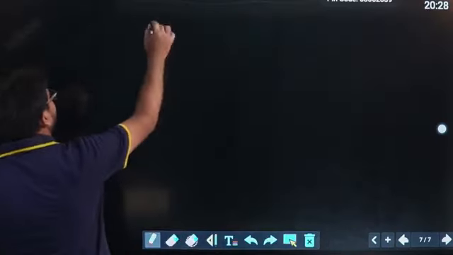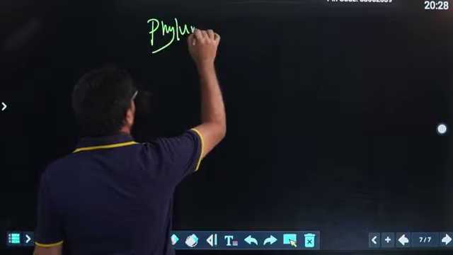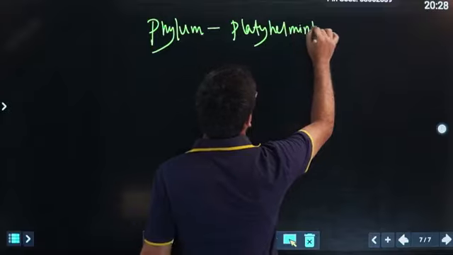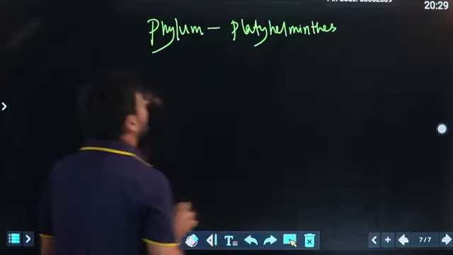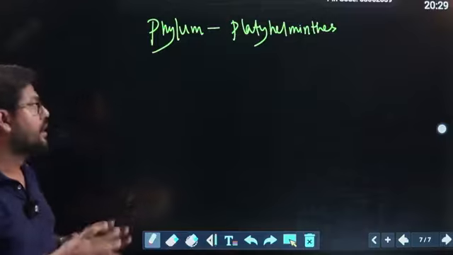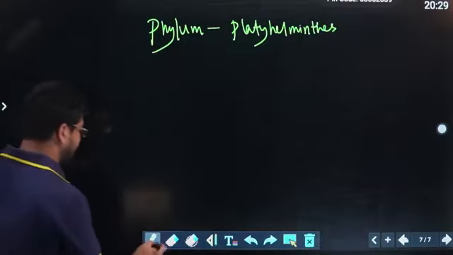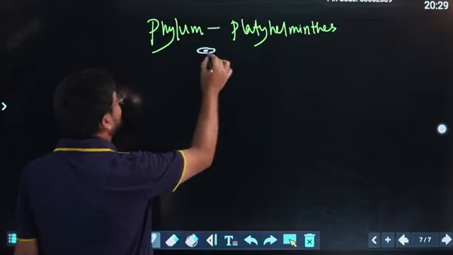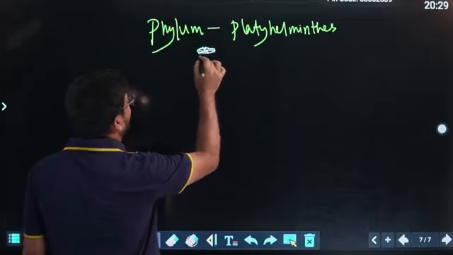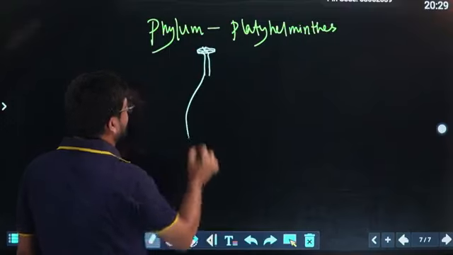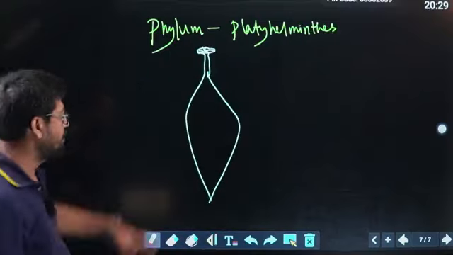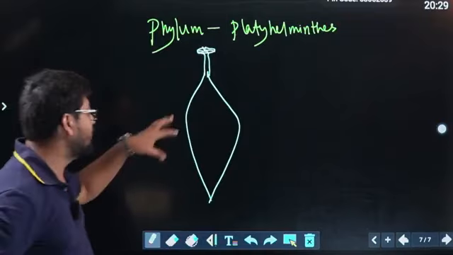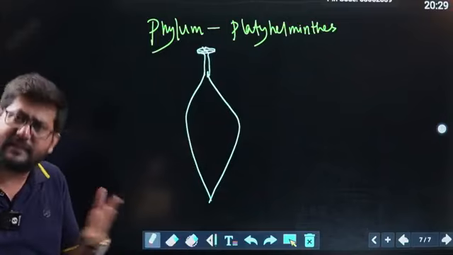It is the phylum Platyhelminthes. For studying this phylum, you must be introduced to the animals in this group. These animals are mostly parasitic, that is why they retain some parasitic devices like a sucker, or in a few cases they contain hooks. Okay, if you observe the whole structure, their body is flattened on the ventral and dorsal sides. That is why you can say it is dorsoventrally flattened like a leaf.